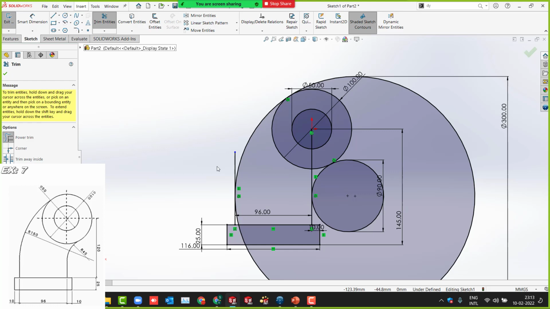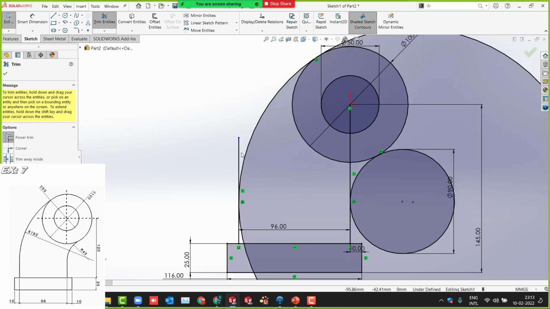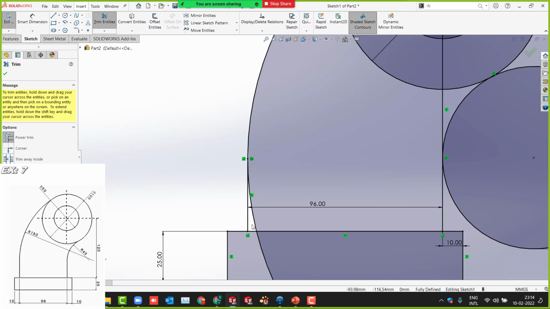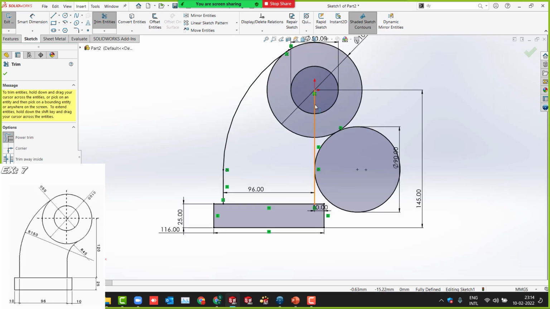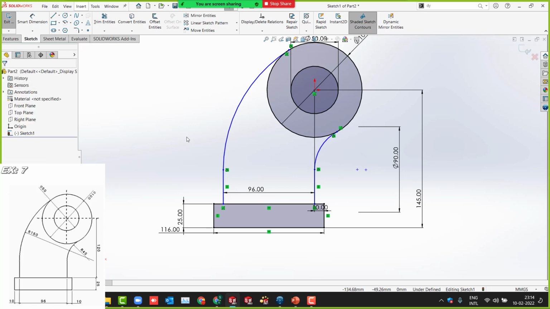Whatever you don't want, you trim it. Do you want this line extra outside? We don't need it. Yeah, just trim it like this. Do you want this inside one? No need. Delete it. What about this? No need. Delete it. What about this one outside? No need. Remove it. Okay. Then what about this inside line? No need. What about this? No need. What about this? No need. This? Out. Okay. Done, no? Yes.